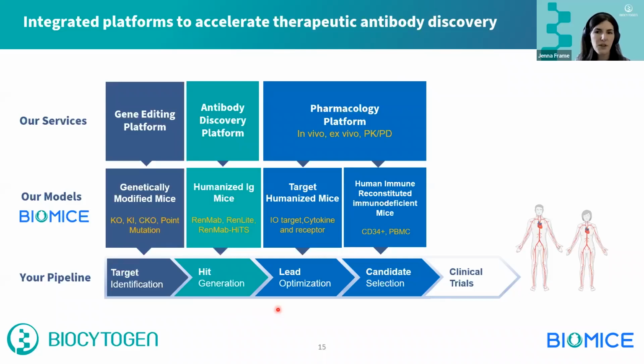of antibody drug discovery, which I'll be focusing on more today, including humanized mice for immuno-oncology targets, cytokines and cytokine receptors, as well as a human immune system reconstituted mouse models that are engrafted into immunodeficient mice. So together, with our pharmacology service platform, we can really support your discovery from target identification all the way to